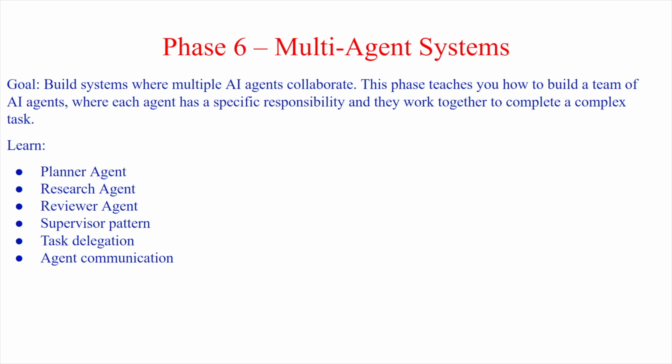Similarly, with agents, you will create a front end agent whose model is trained for front end specific stuff. You can have a backend agent whose models are very specific to backend development and incident issue analysis for the backend issues, the database agents, and so on. So this is how you create a team of AI agents where each agent has a specific responsibility and they all work together to create a complex system like an e-commerce system. So for example, a planner agent, a research agent, a reviewer agent, task delegation or agent communication, or e-commerce website creation kind of stuff.